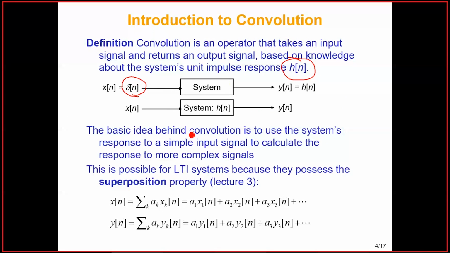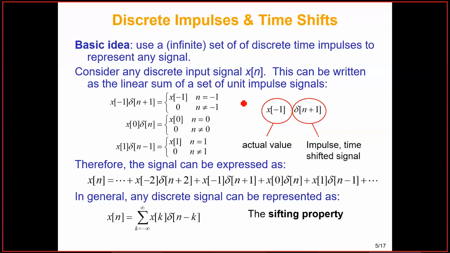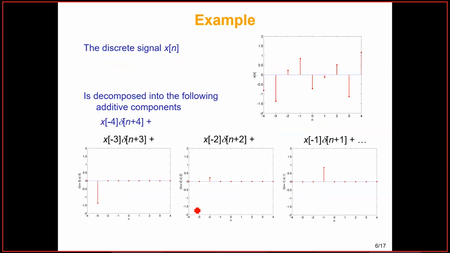And here again, the same things are covered in the next few slides. If you see here, we can represent x of n as a sum of scaled delayed impulses. You can either write it as a summation, or you can just expand it and write the summation in this particular shape. So this is what the concept of sum of scaled delayed impulses is, that any discrete time signal x of n can be considered as a sum of scaled delayed impulses. And if we give a sum of scaled delayed impulses as an input, the output will be a sum of scaled delayed